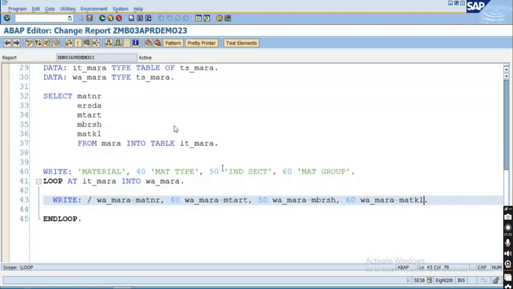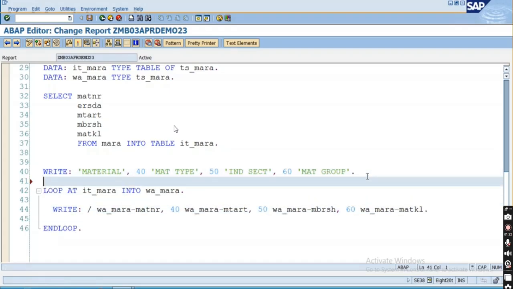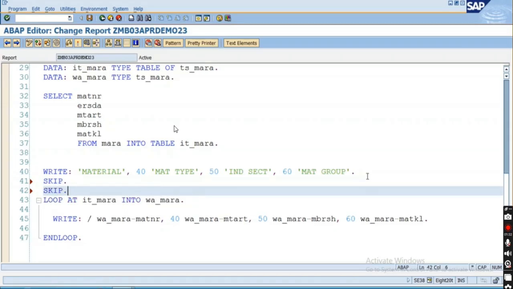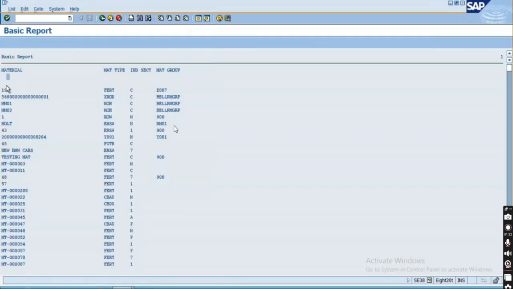Now if you want to give some gap over there, what you can do is give a skip. Again you can give the skip, so a 2 line gap will be there between the header, and you can see the 2 line gap we got. Material type, industry sector, material type. If you want to give some more space in between, because you are having such a large space, if you want to make it more